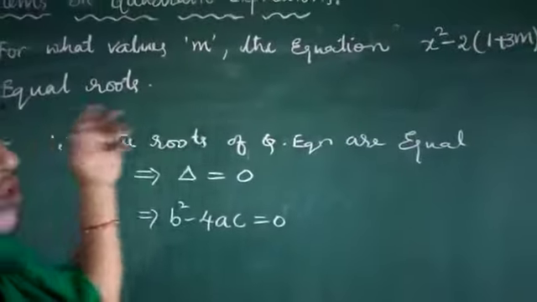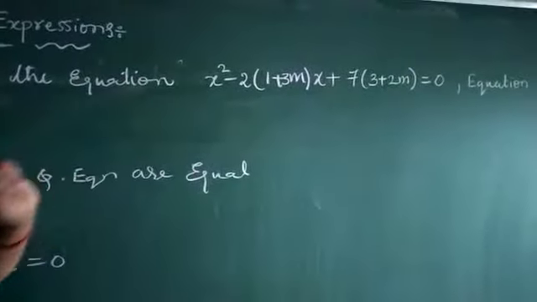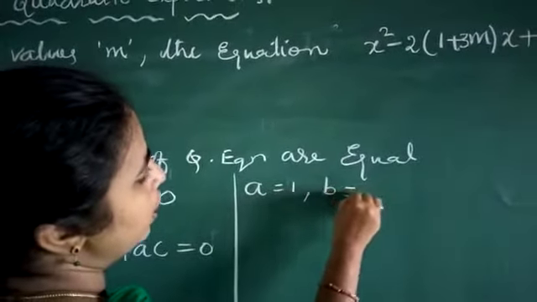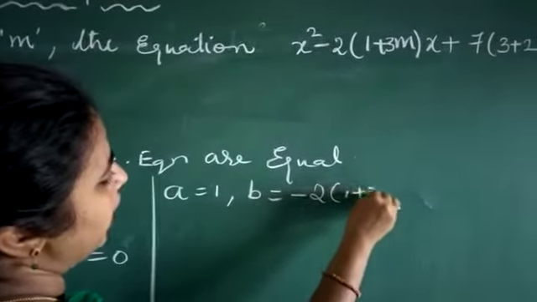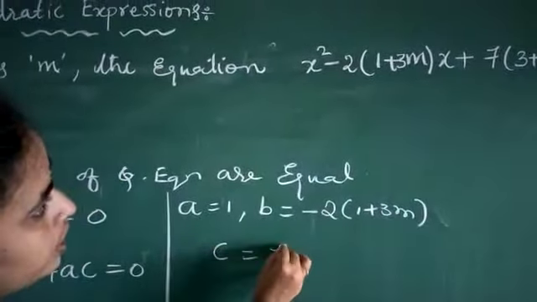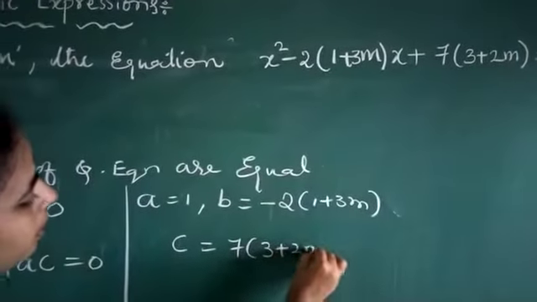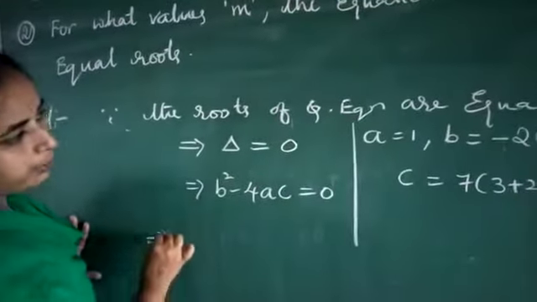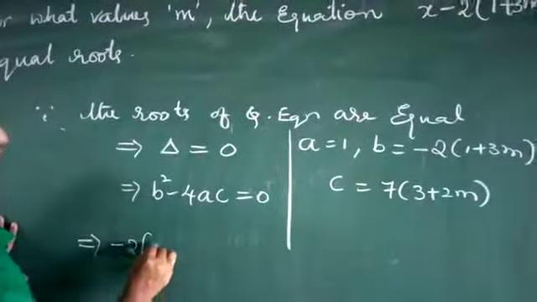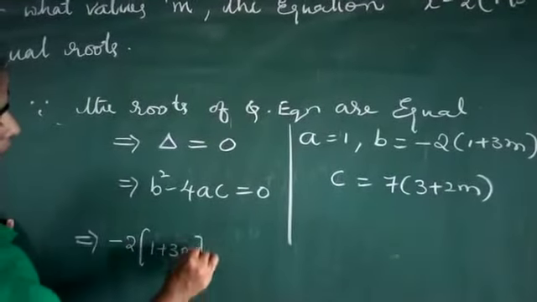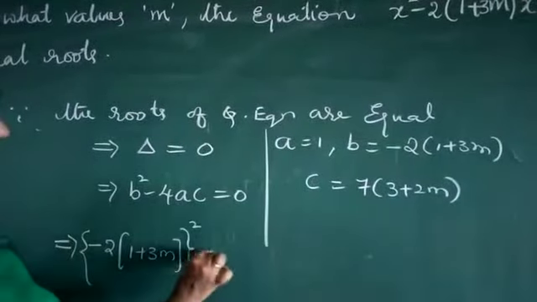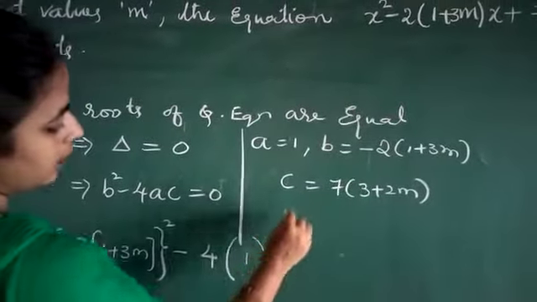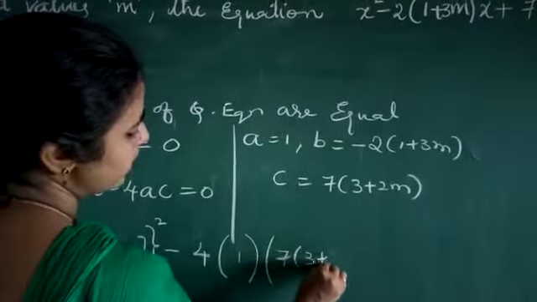Now compare these coefficients with the standard quadratic equation. What are the coefficients we have? a is equal to 1, b equal to minus 2 into (1 plus 3m), c equal to 7 into (3 plus 2m). Now by substituting all the coefficients in this discriminant, we get b square is minus 2 (1 plus 3m) whole square, minus 4 into a. What is the a value? 1. What is c? 7 into (3 plus 2m)